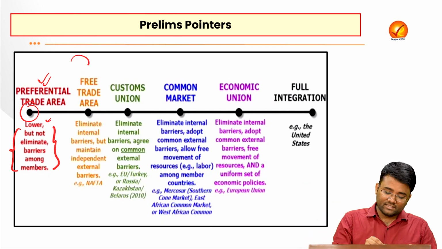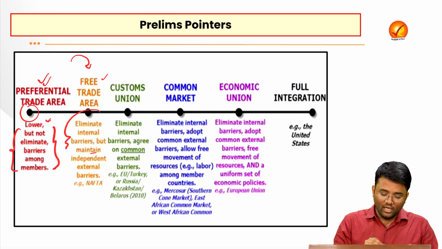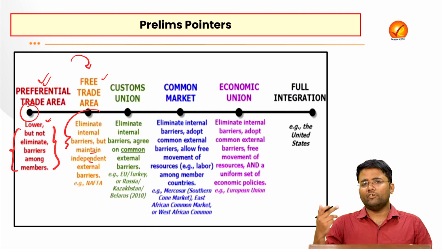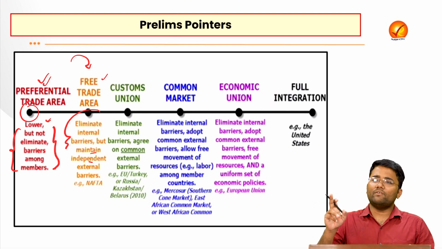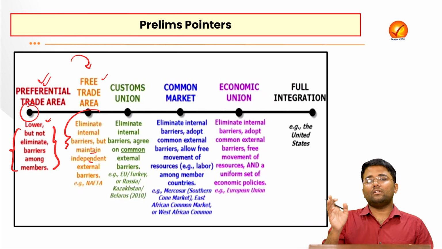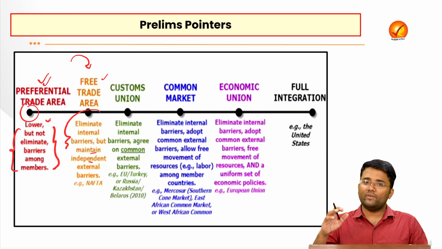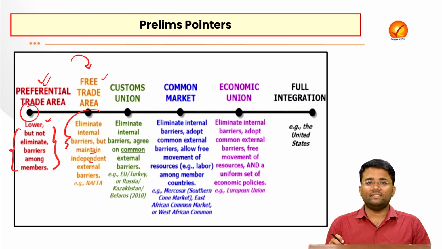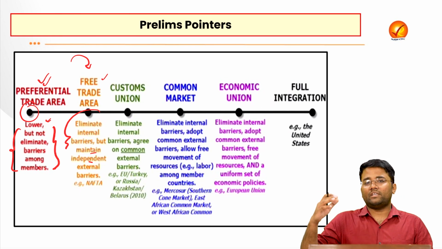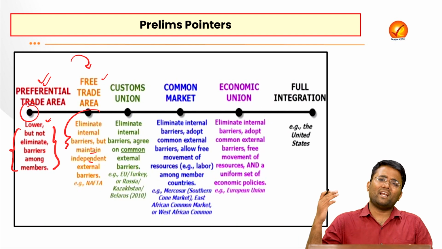And then there is the second degree of integration, that is the free trade area, where they will eliminate all the internal barriers but maintain independent external barriers. There will be a negative list maintained between both the countries, that this free trade agreement will not be applicable on those products which have been kept under the negative list, except that, on all the commodities which are being traded between the countries, the free trade agreement will be applicable. And that is the reason under a free trade agreement both the countries go for almost zero tariffs on the products that are being traded, not completely zero but almost zero. They go for a drastic reduction.